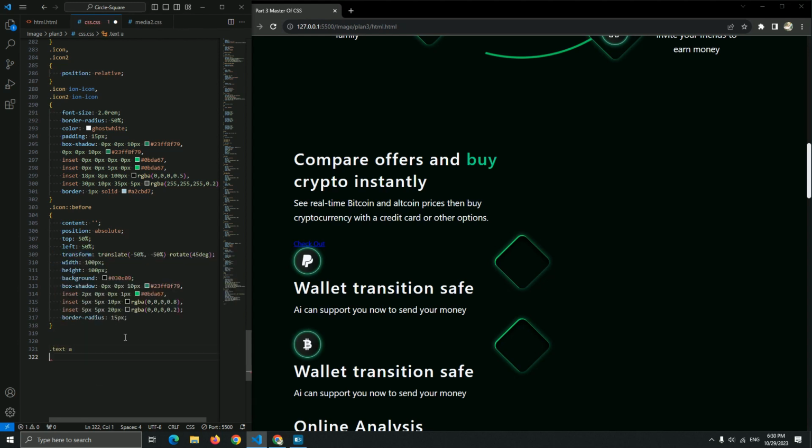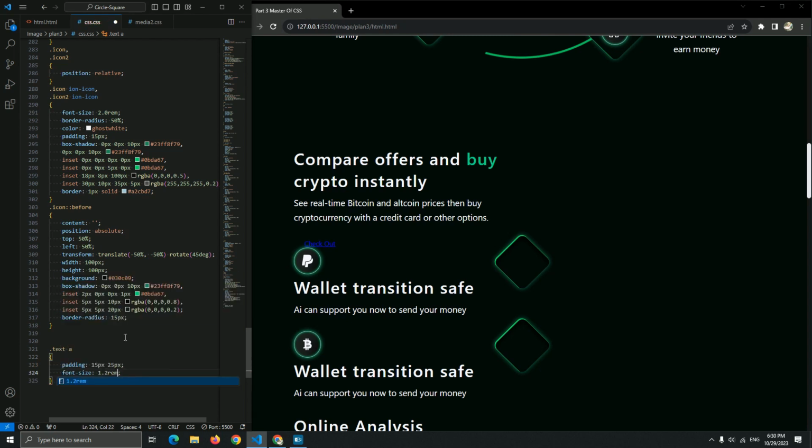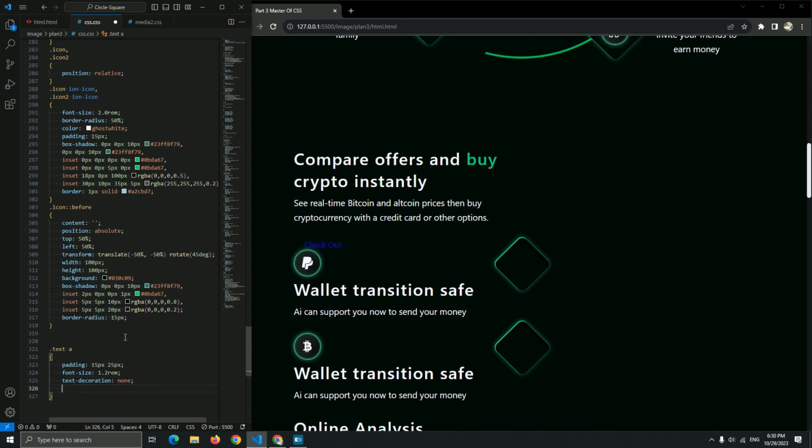Okay, the A for the A link, let me just add a padding 15 pixel, 25 pixel. Okay, now the font size set to 1.2, text decoration none.